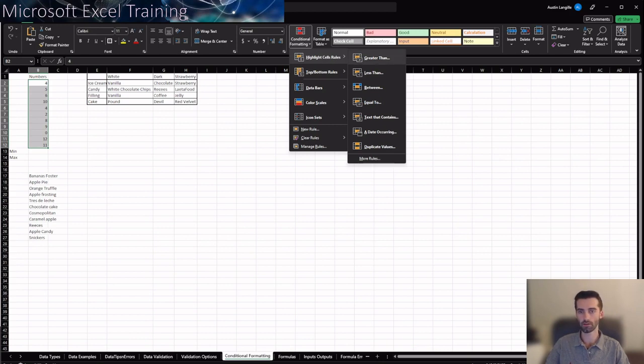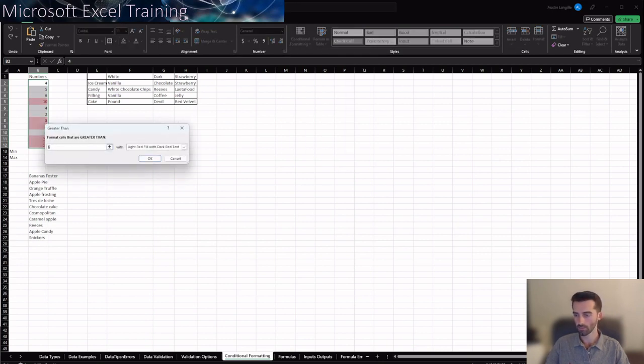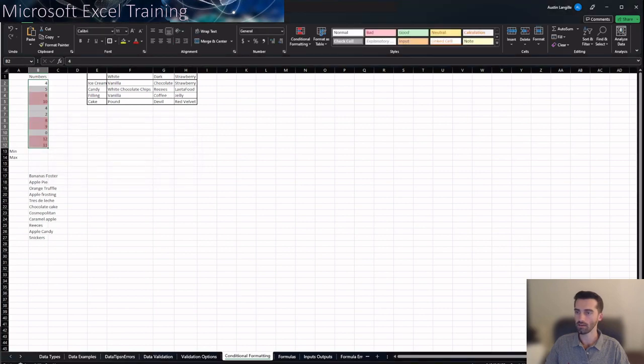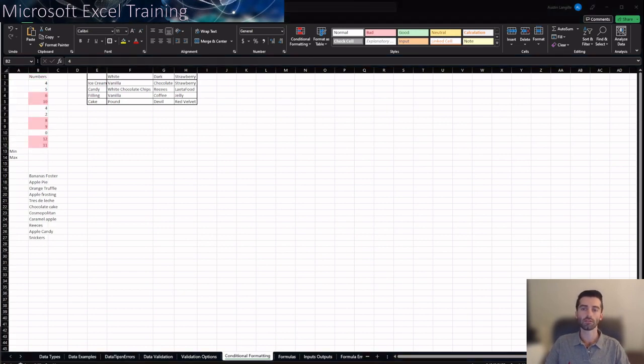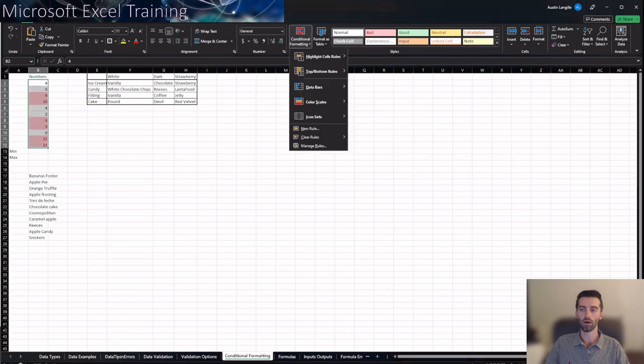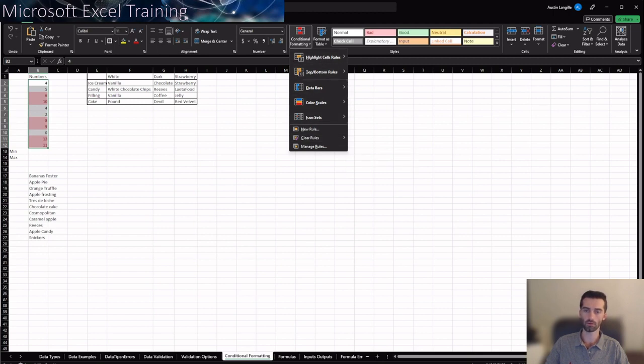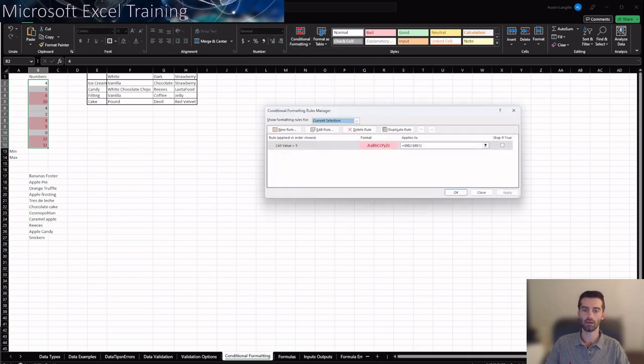So we're going to start with greater than, and we're going to choose anything that's greater than 5. Click OK. And we see there that now the cells that are greater than 5 are highlighted. So going back into the rule, we can edit what is being shown. So let's click the drop-down conditional formatting, go to manage rules, and from here you can edit what is being